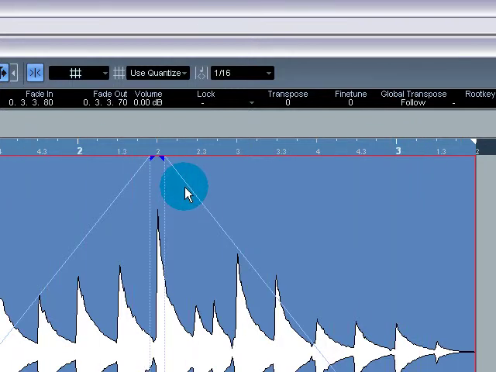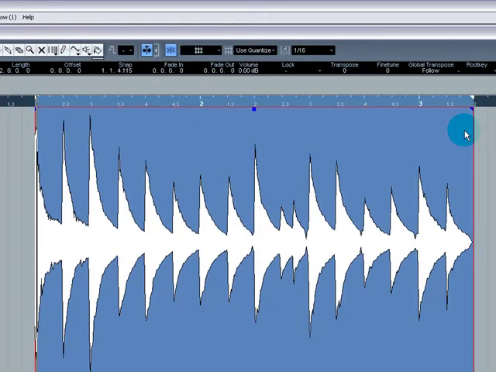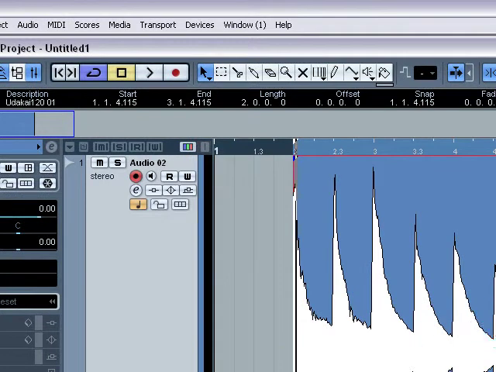Okay, fade in and fade out will be explained in more detail in future videos as well. So I'll just put them back to normal. Now, say you wanted to cut certain sections of this out for whatever reason, and say